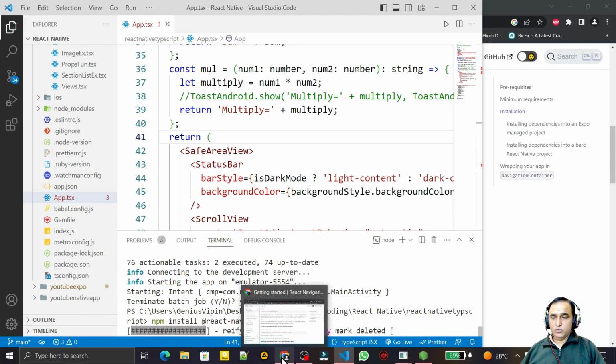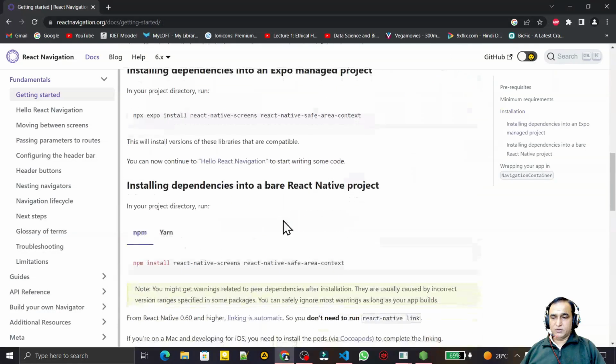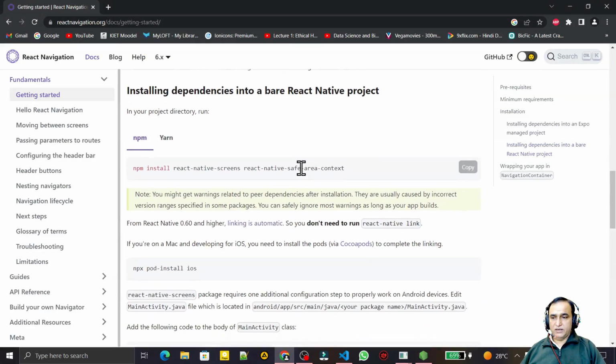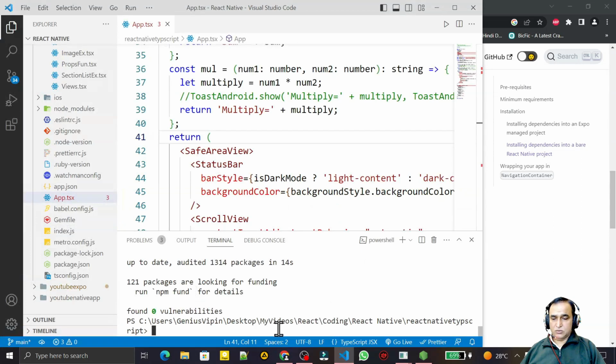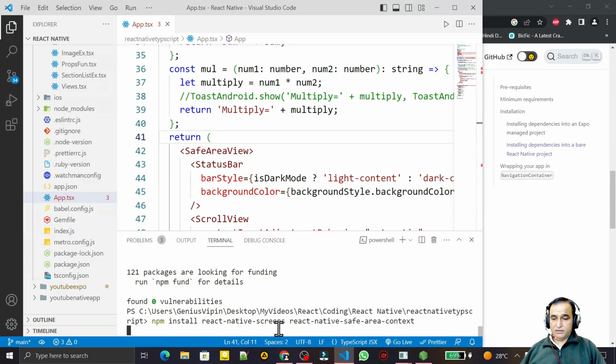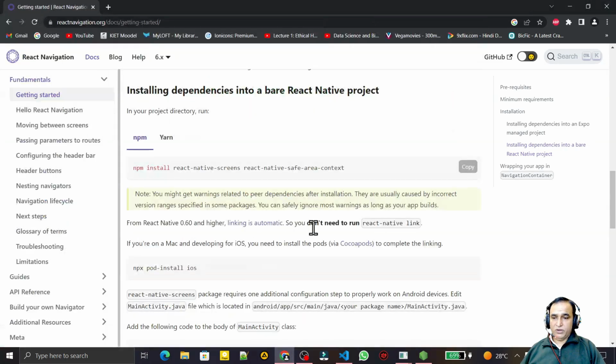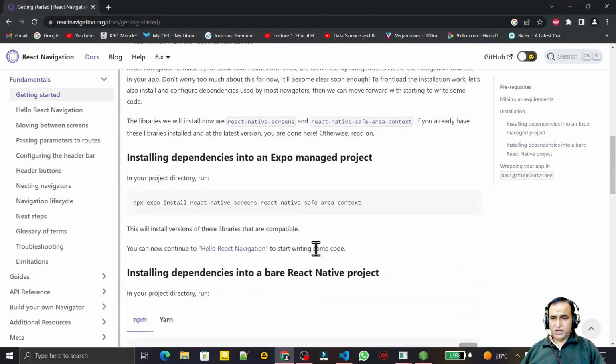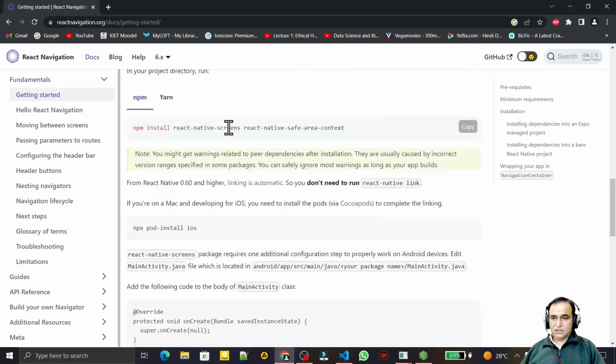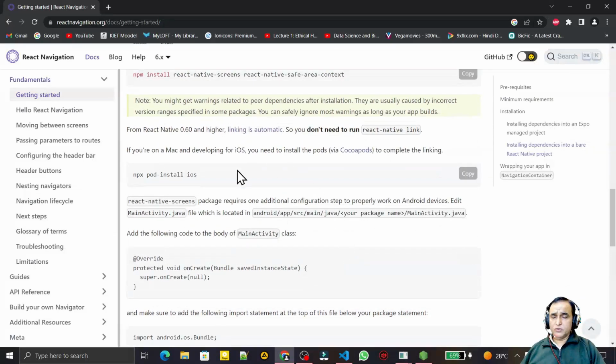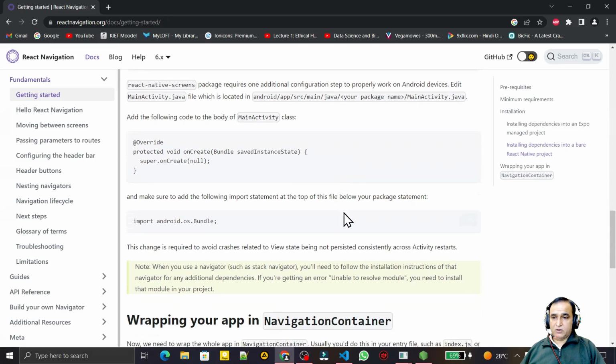Then I need to install the dependencies because I'm using React Native CLI. So I need to copy this. Remember, we need to copy this and install this one also. So I copy, paste and install the dependencies. Now one more thing we have to do if I'm using React Native. If you are not using React Native, just simply install this, otherwise install it. If you are using an iOS application, you have to install like this, but I'm using Android, so I need to